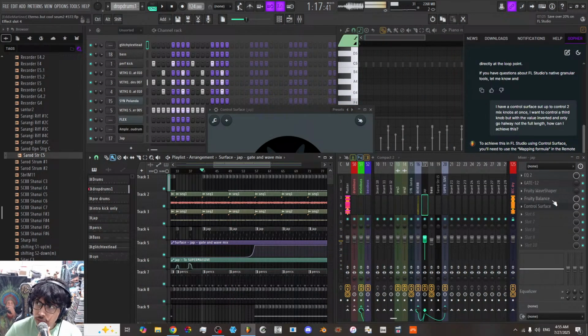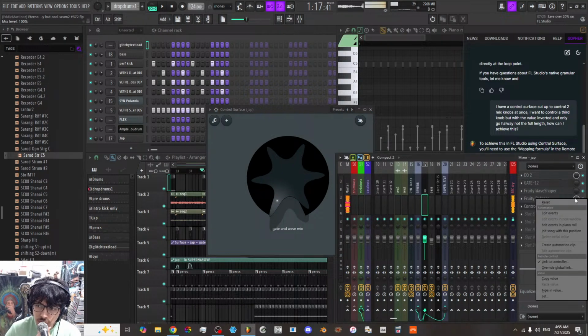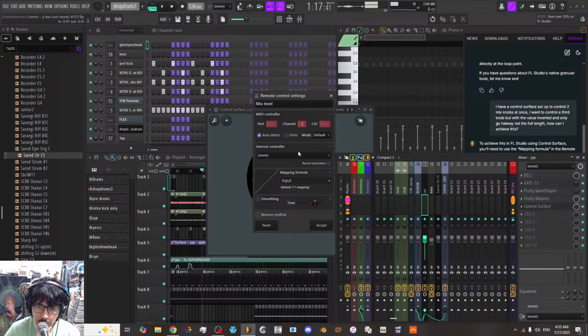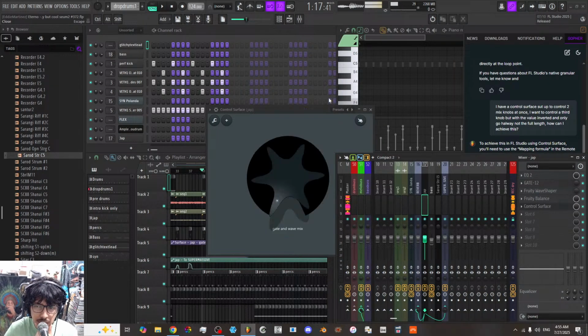Well, there you go. I had been wondering that forever, actually, like how I could get control surface to only control a certain amount. And all you have to do is just type it in. Whether it's going up or down, you can invert it or leave it default. So if I turn the knob up, it's going to turn the knob up. But if I want to turn the knob up but have the other knob go down, then I would have to go inverted. And if I wanted a certain amount, you just type multiply, which is a little star, and then whatever amount. It's from 0 to 1, so it's 0, 0.2, 0.3, etc., etc. Interesting. That is a great piece of information, and I had looked that up so many times,